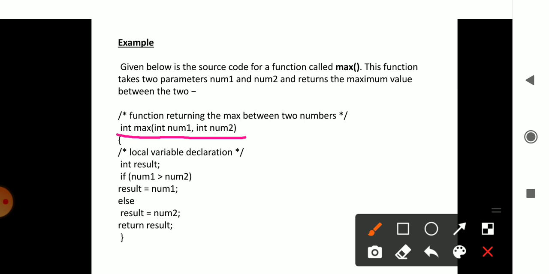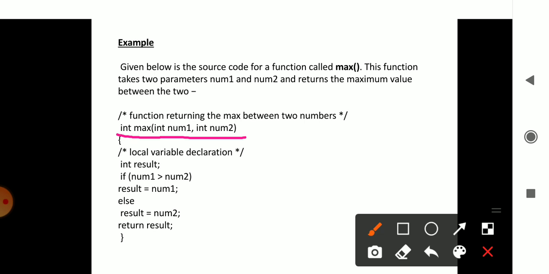This user defined function is used to find out the greater of the two numbers, num1 and num2. We have to find the biggest of the two numbers. So I name this function maxOf.